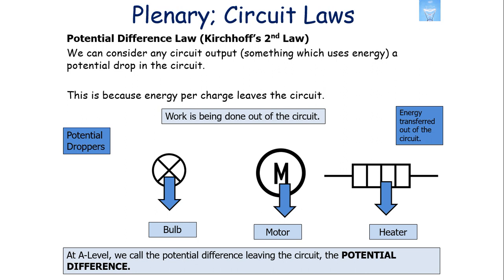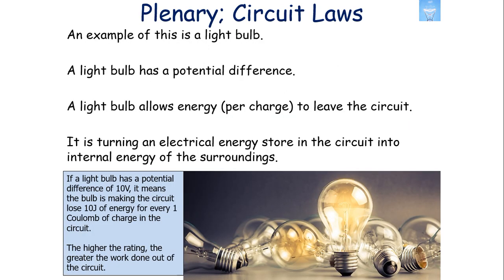Now, also as well, we've got some outputs in our circuit. So these are potential droppers. These are outputs which are transferring energy out of the circuit. Okay, so work is being done out of the circuit per unit charge, and we actually call this particular idea at A level the potential difference. Now, an example of this will be a light bulb. So a light bulb has a potential difference. It allows an energy per charge to leave the circuit. It's turning an electrical energy store in the circuit into the internal energy store of the surroundings, heat, okay, light,